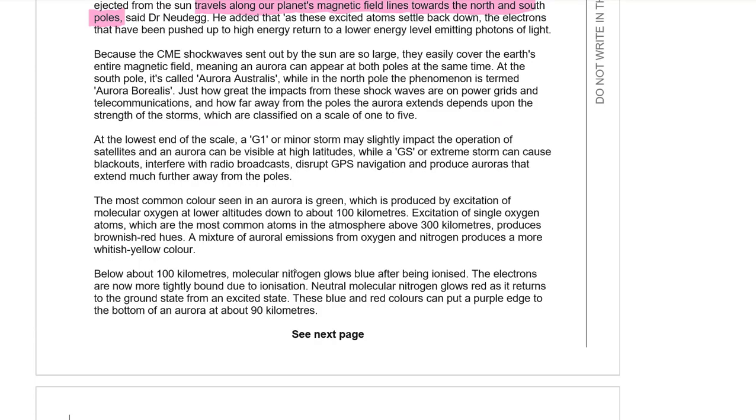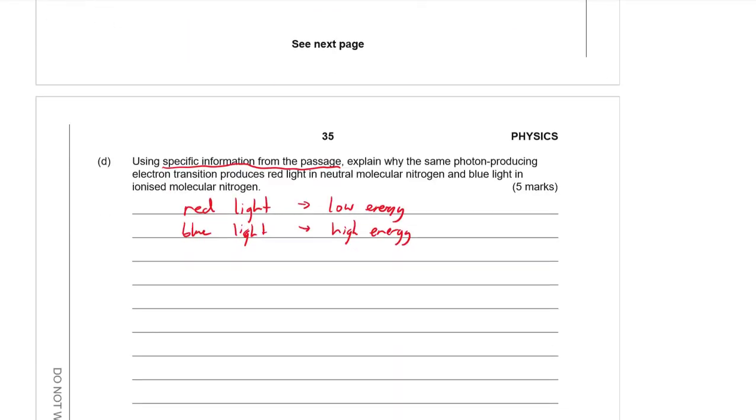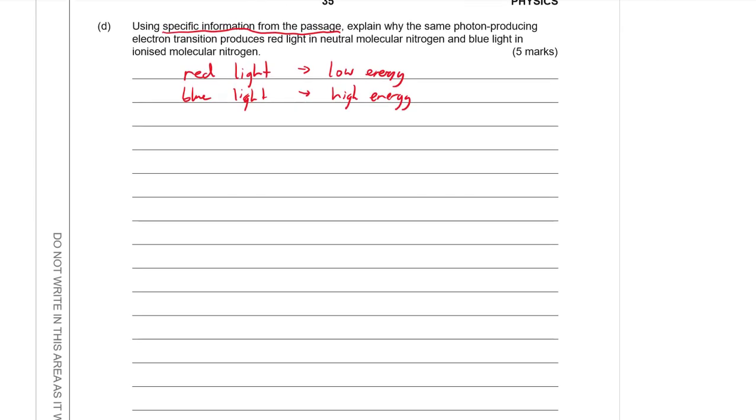Molecular nitrogen glows blue after being ionized. The electrons are now tightly bound. Now this is the key, the tightly bound due to ionization. So when the molecular nitrogen has been ionized, the electrons are tightly bound. So what that would mean, so I'll come up to here, and what I want to say is basically repeating what the article says. Okay, so I've said when ionized, electrons are more tightly bound, so that's from the article,